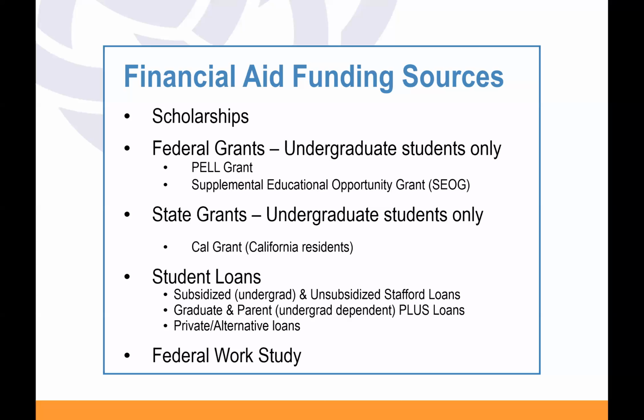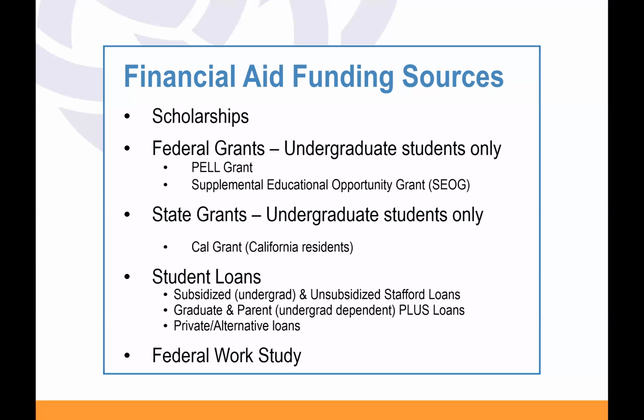The Graduate PLUS loan is another popular loan that a lot of graduate students apply for. It typically has a little bit higher interest than the unsubsidized loan. However, it is an option if you want additional funding for living expenses, books and supplies, anything of that sort, if you feel that the unsubsidized loan you were eligible for wasn't enough. The Graduate PLUS loan is definitely something that most students get as well.